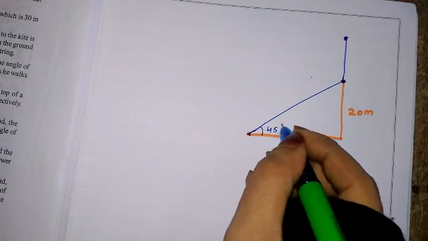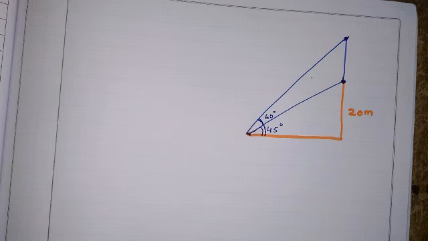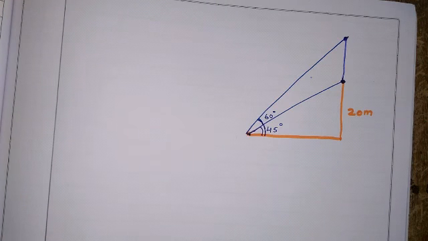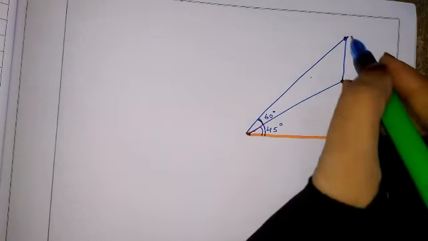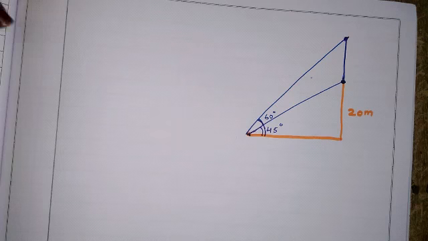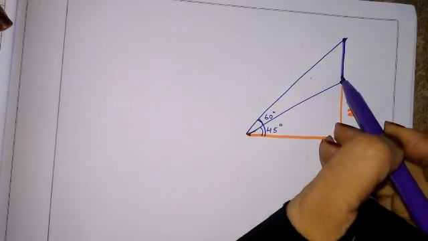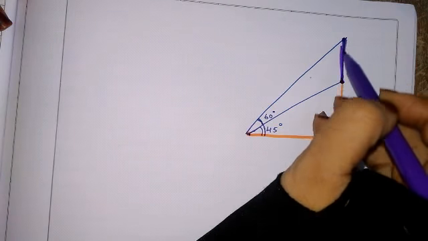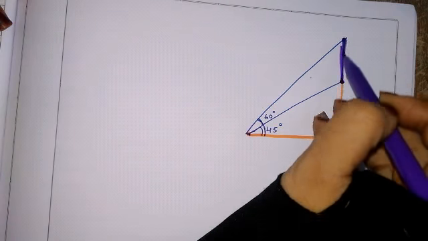Always we should take a right angle triangle. What they have told now is to find the height of the tower. The transmission tower we have to find. I'll highlight with a different color so that we can focus properly. The height of this we have to find. Let me write the names.